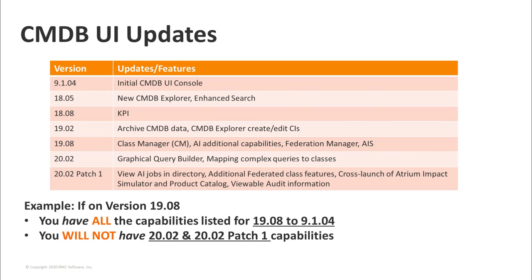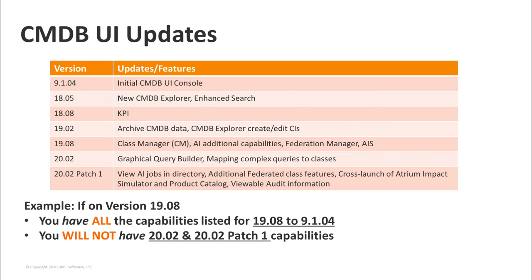Version 9.104 is when the initial CMDB UI was introduced into the product, but with limited functionality for reconciliation and normalization. And then with each subsequent release, additional features would be provided, such as adding in CMDB Explorer, or the KPI, which is the Key Performance Indicators, Class Manager, or AI, which is Atrium Integrator, or AIS, Atrium Impact Simulator,